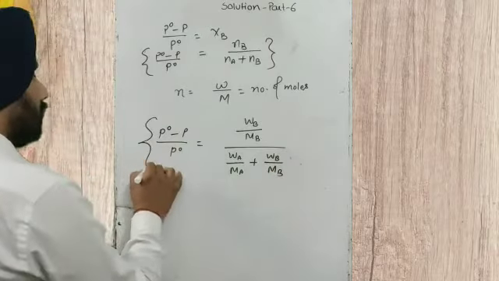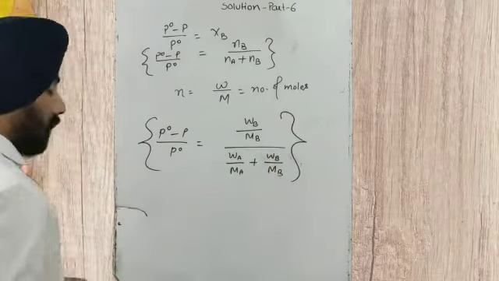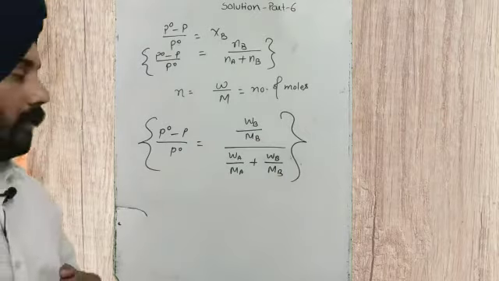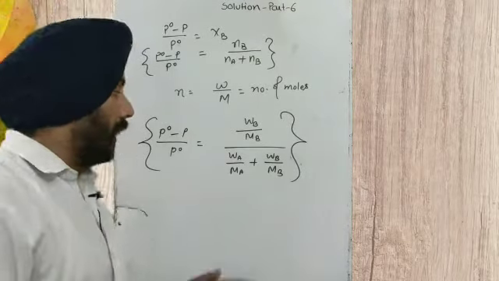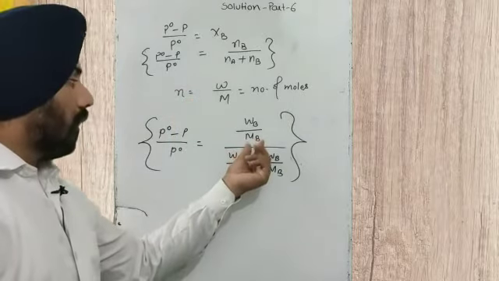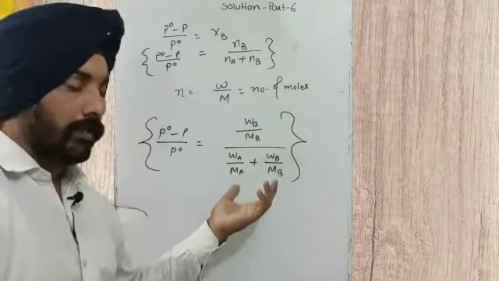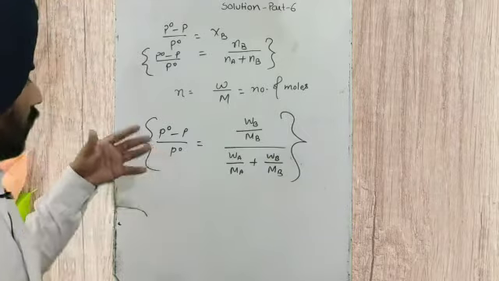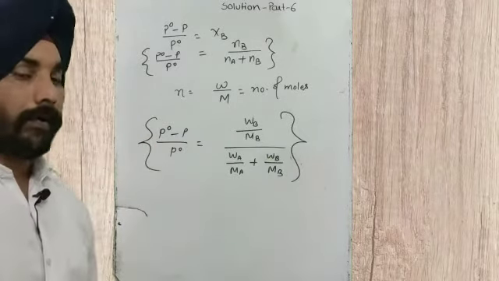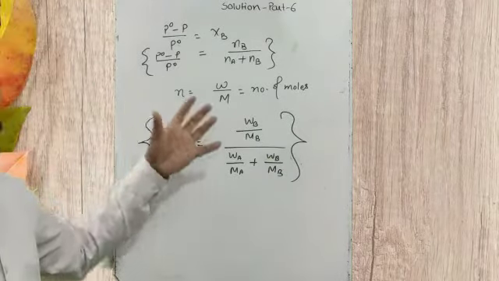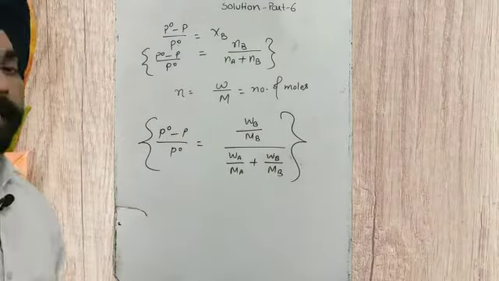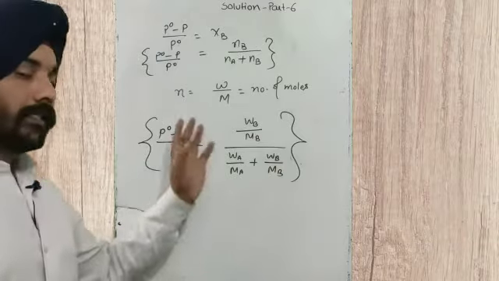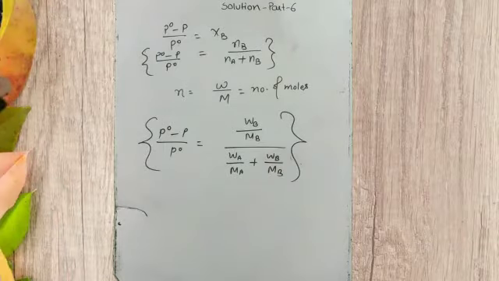Okay, so when no condition is given for the numerical, you have to write straight away this formula to find out any of the values. It can be asked molecular weight of the solute, it can be asked relative lowering of vapor pressure, it can be asked vapor pressure of the solution. So any of the terms can be asked in the numerical part. The rest of the terms will be given to you.